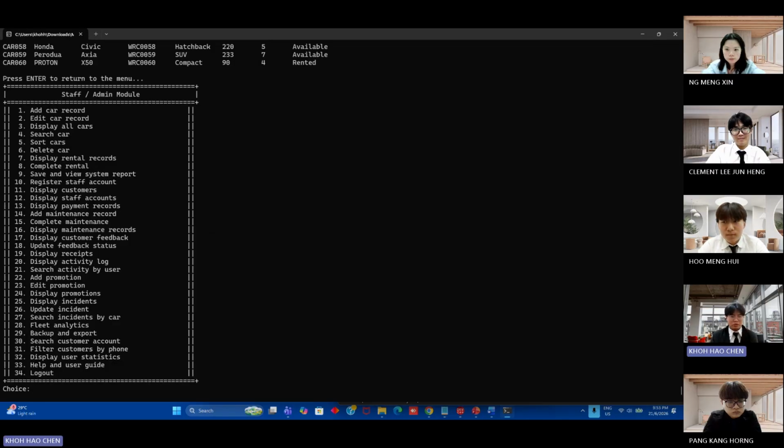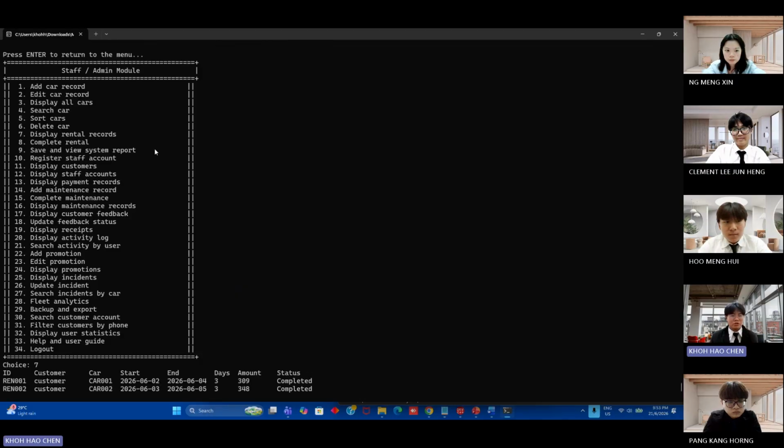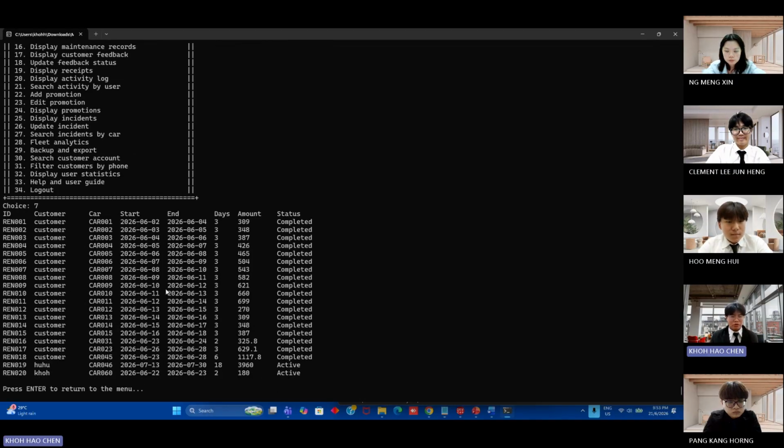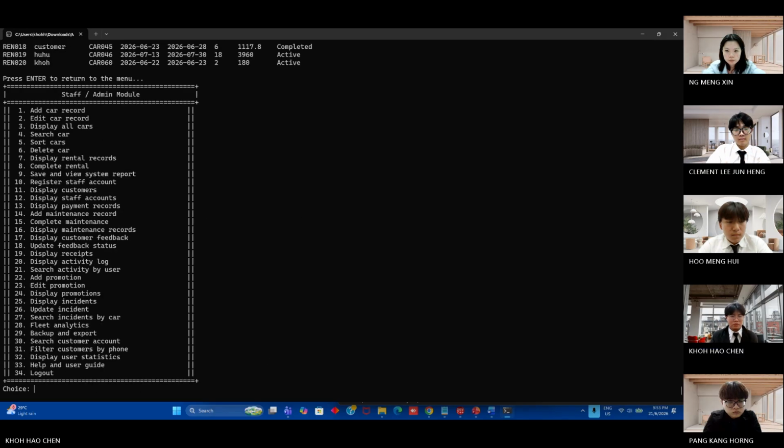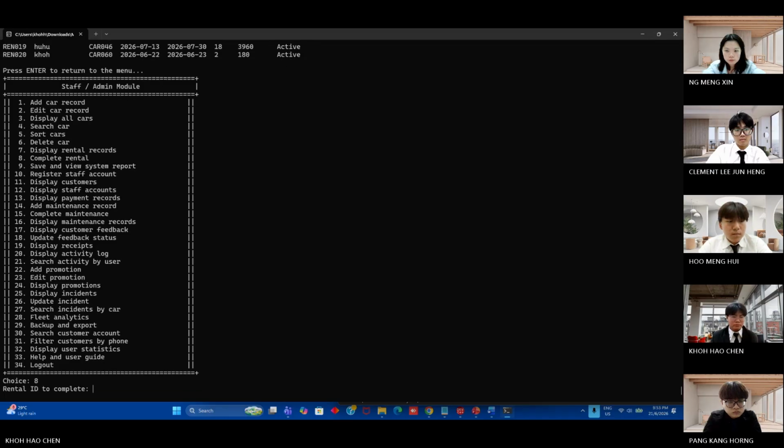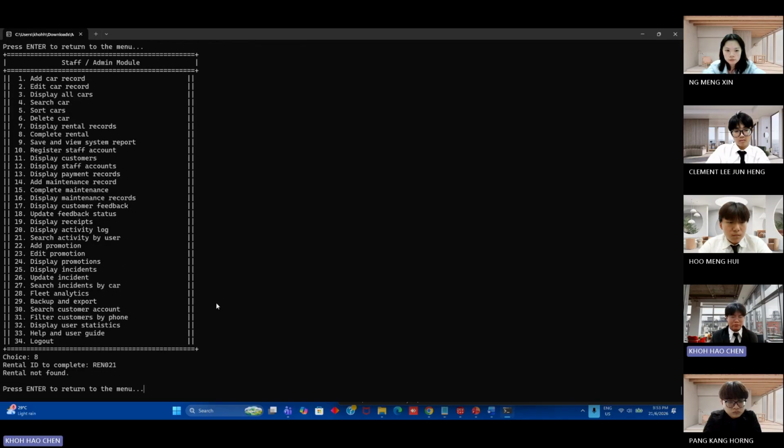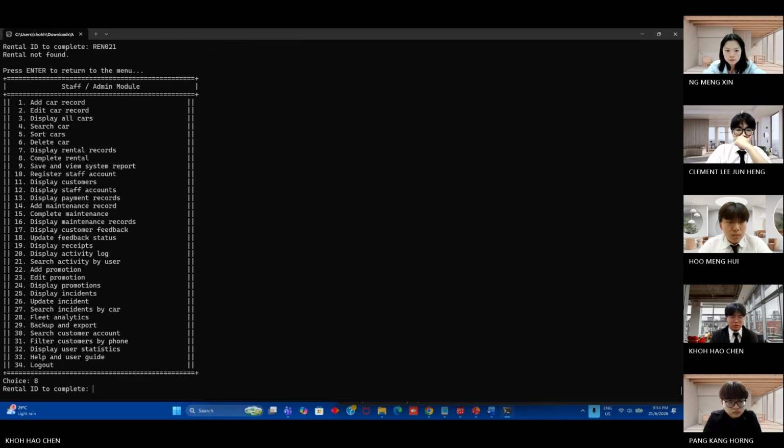So if I click 7, display rental records, it will show all the records inside this page. So if I want to complete the rental, I choose 8. Rental ID to complete. If the rental ID does not exist in the system, for example REN 021, rental not found. If the ID exists,